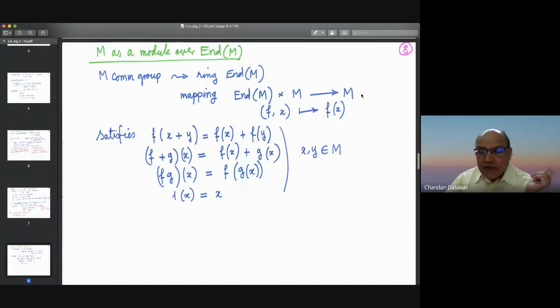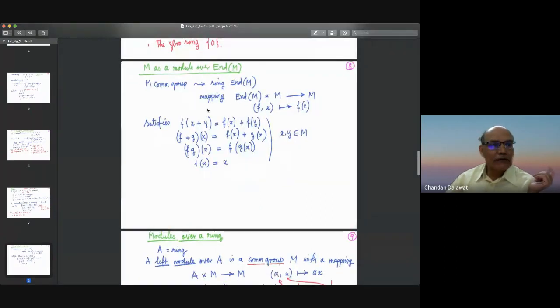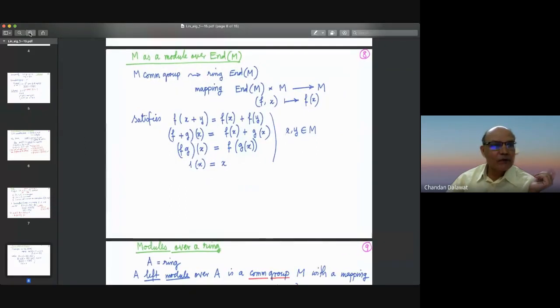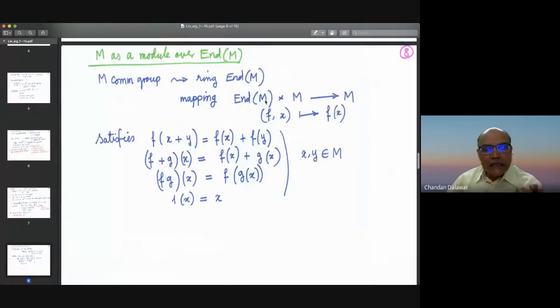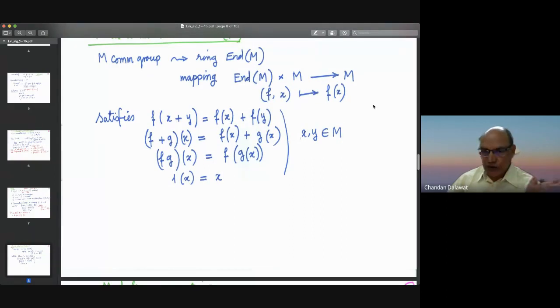It acts on M in the sense that there is a natural mapping from End M cross M to M. What is that mapping? It takes an endomorphism f and an element x to the value of f at x. And you can check, it's not at all difficult,